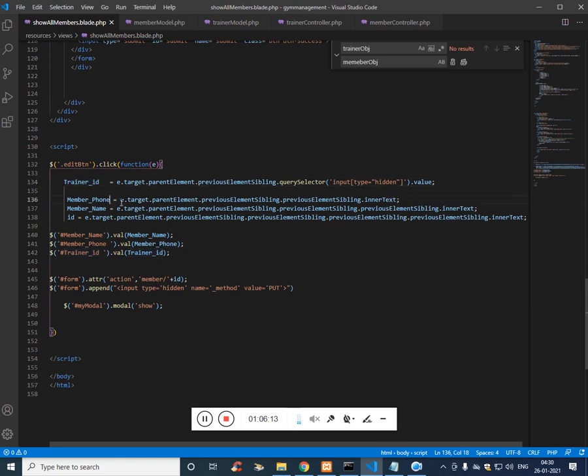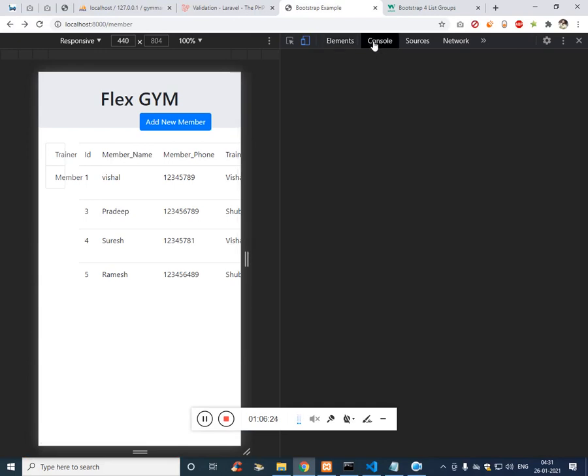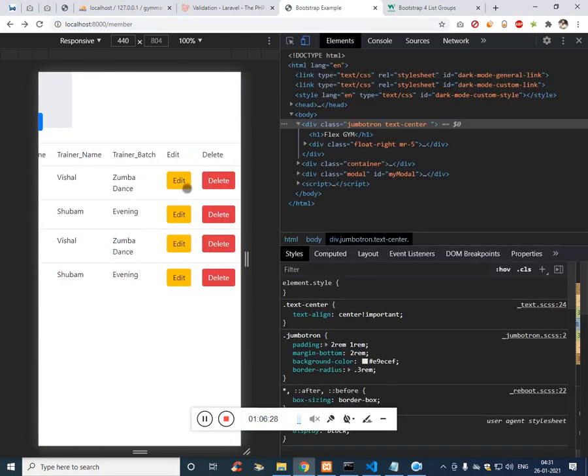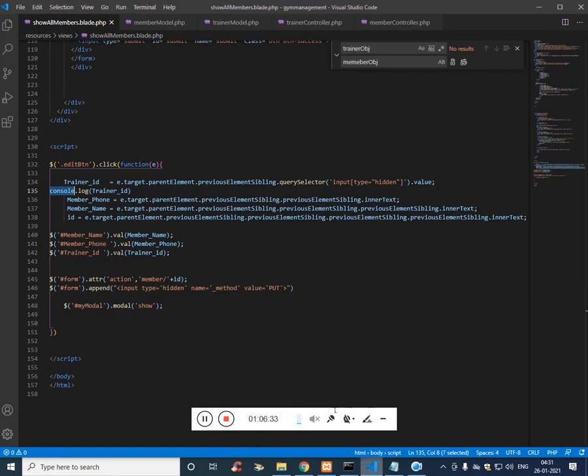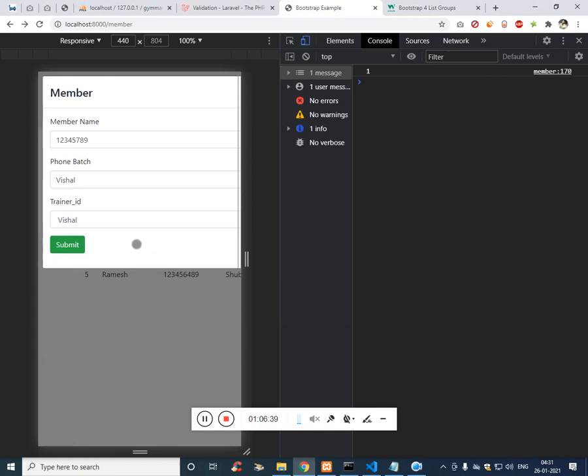Let's console this, console.log, and let's see whether we're getting the trainer ID or not. Once we click on edit, the trainer ID should be available on the console. Let's click the console, click on edit, and you can see the ID is available. What else? Batch and member name.